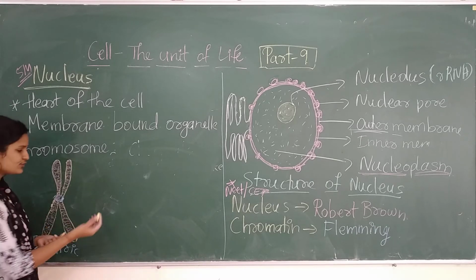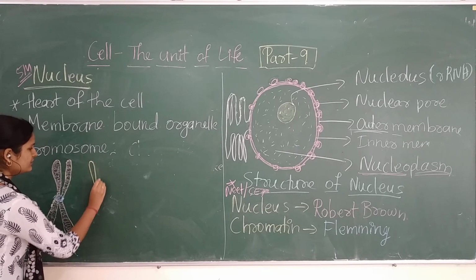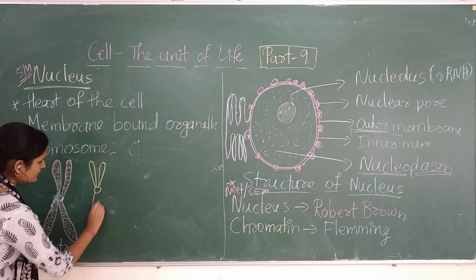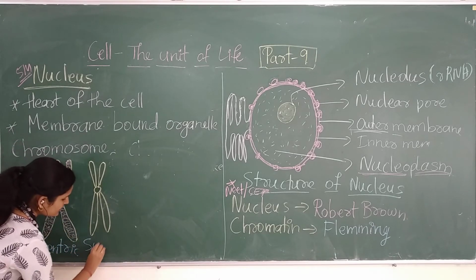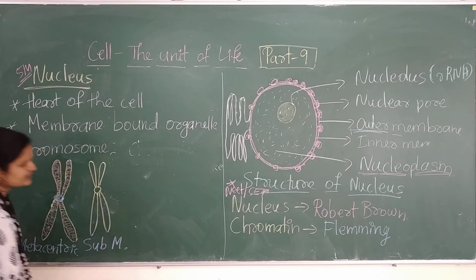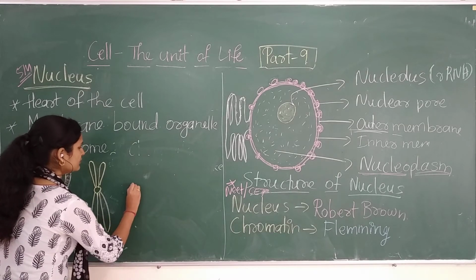If the centromere is a bit away from the center, we call it submetacentric. Submetacentric, remember this, very important. If it is present exactly in the center, we call it metacentric, but if it is moving a bit away from the center, we call it submetacentric. Again, if it is moving further